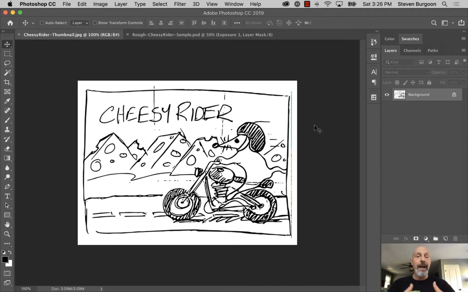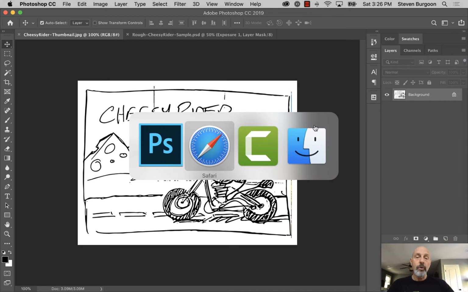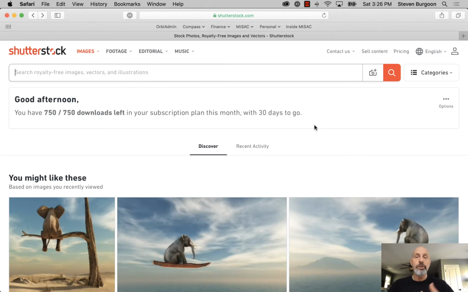If it does after the rough, then we can go ahead and create a much more high resolution, finely detailed composite. Another reason to do roughs is that often graphic designers work with stock photography. Stock photography costs money, and so you don't want to go purchase stock photography without knowing that you're actually going to use it. A stock photography company I use and will be using in this class is called Shutterstock,